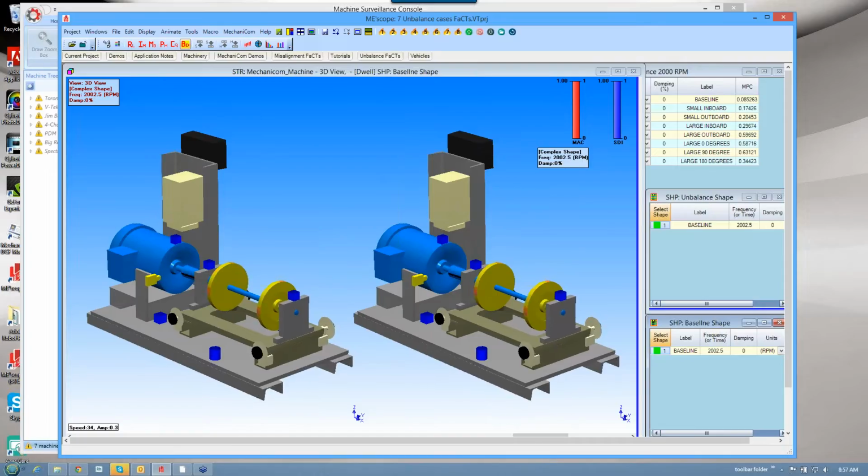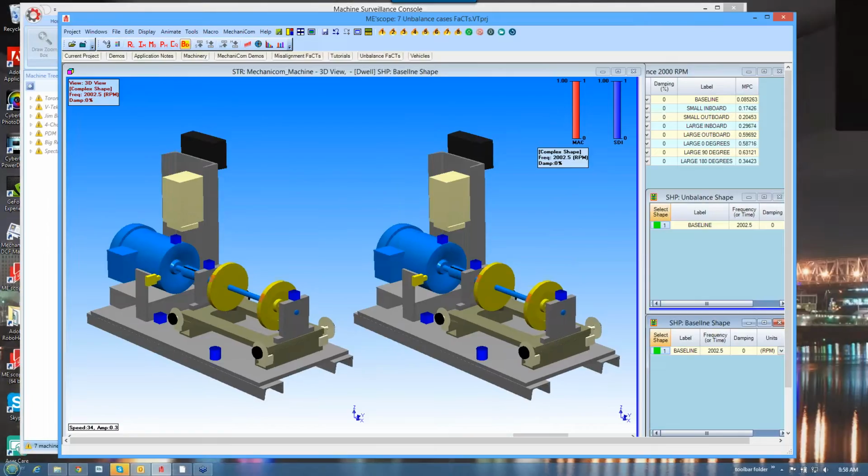So let me start by doing that, and we'll look at these papers and remind me, and we will email to each of you copies of the papers and the project. So you can run this if you're an ME Scope user and you own a copy of ME Scope. All of this software will work on your computer,